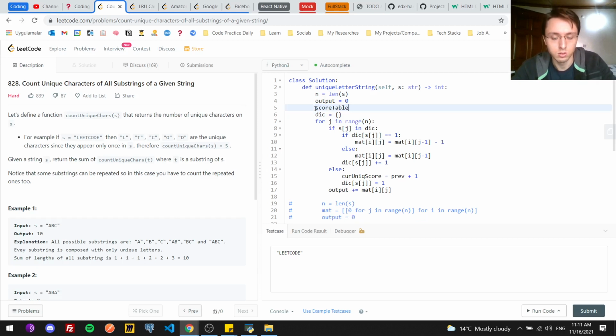Score table. Maybe something like this. And 0 for I in range, and we just go over it. Yeah, for j in range. So for j, so sj in dictionary, if it is not,